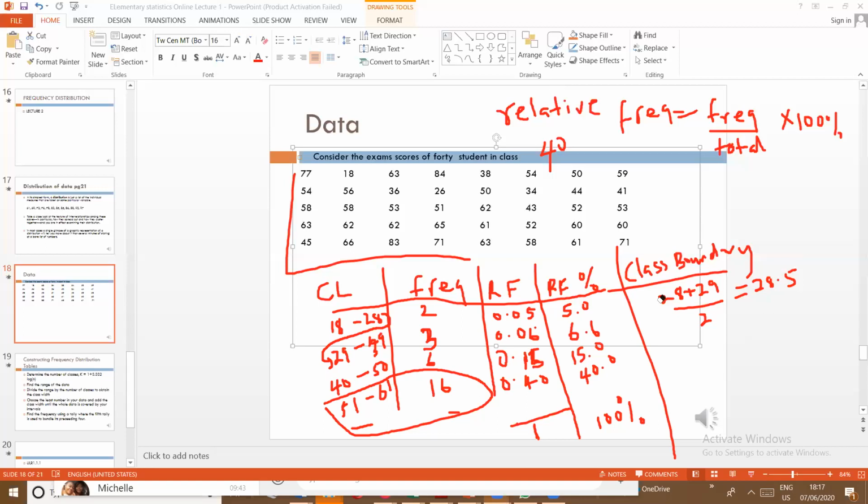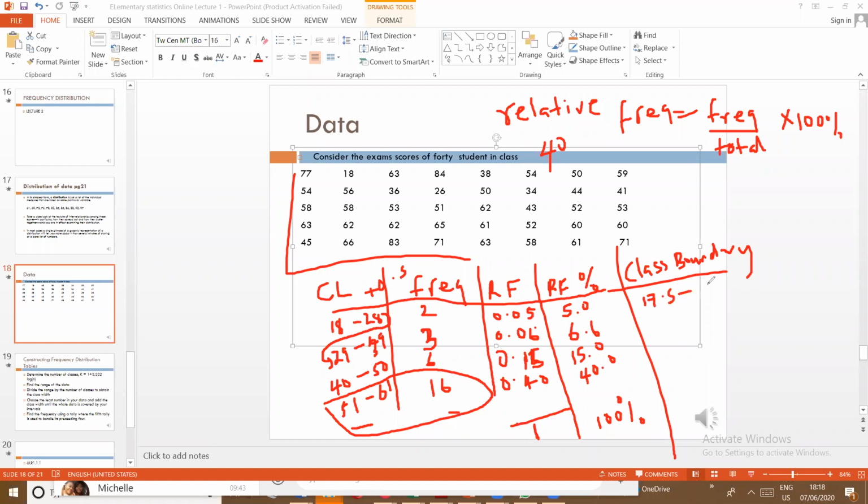So let's construct the class boundaries. Now, one more point. You clearly see that 28.5 just simply means we added 0.5 to the upper limit here, and on the other hand, subtracted 0.5 from the lower limit. So in constructing the class boundaries, you are just adding 0.5 to the upper limit and subtracting 0.5 from the lower limit. So for the first class, it's going to be 18 minus 0.5, which will be 17.5